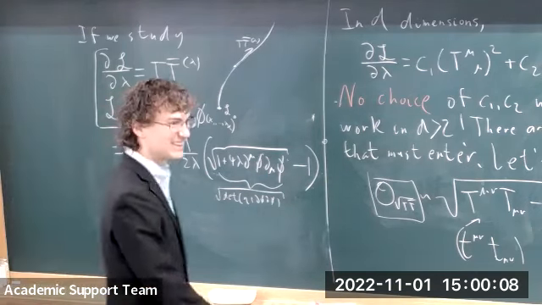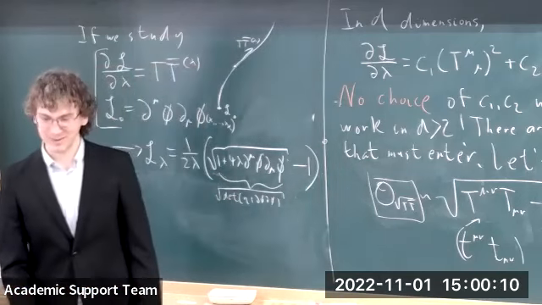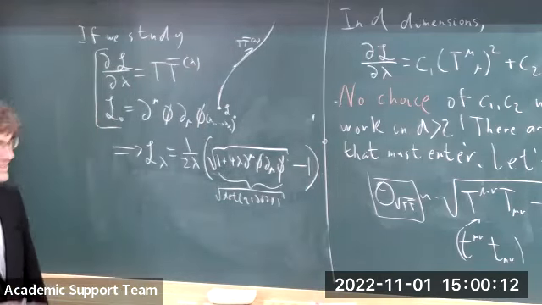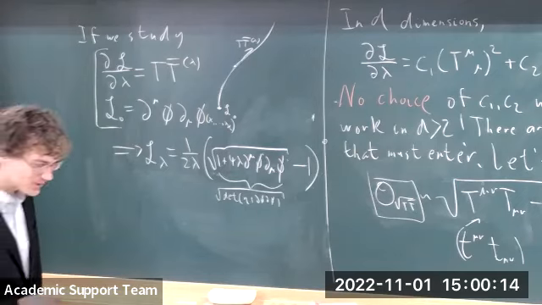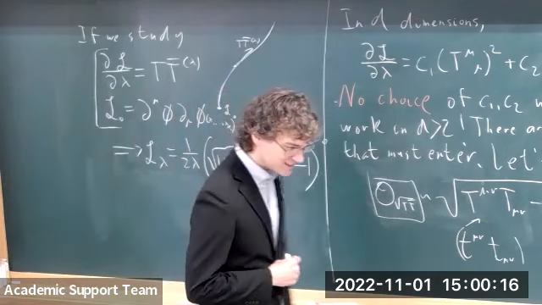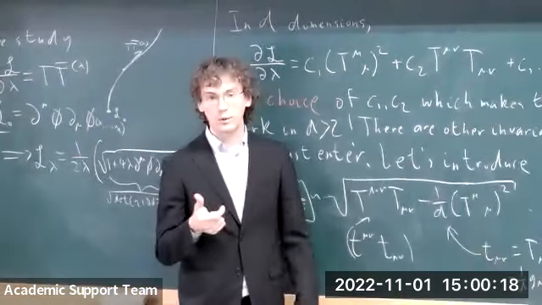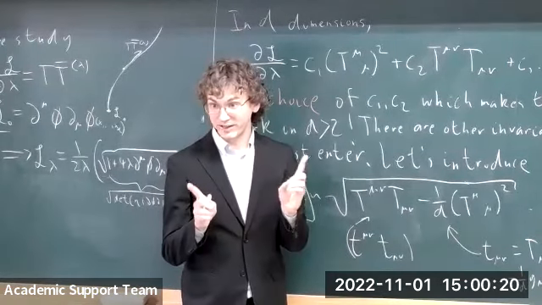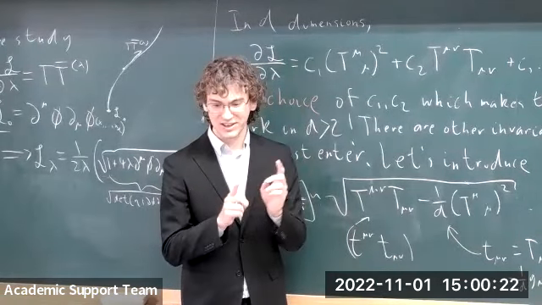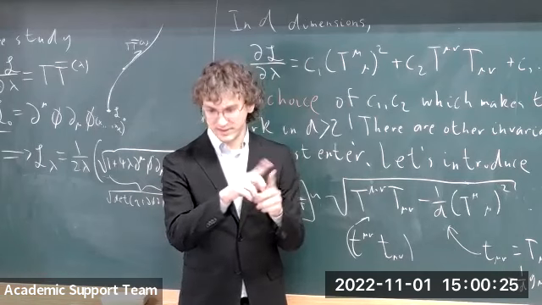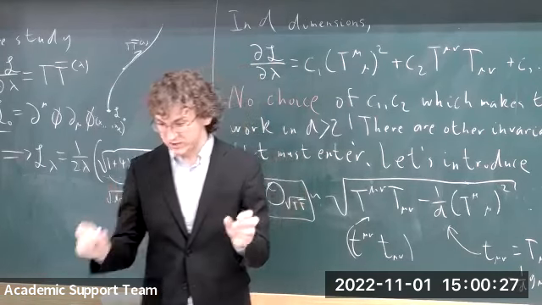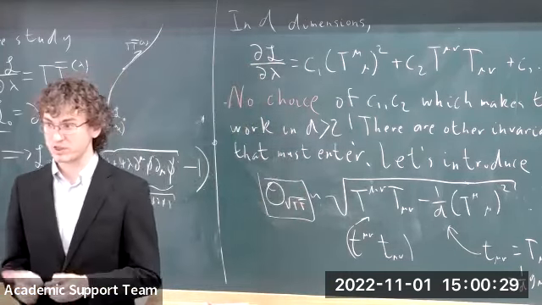I'll preview, if anyone is not sure whether they want to come to the next talk. As Lewis told us yesterday, the regular TT bar deformation in AdS3/CFT2 corresponds to particular mixed boundary conditions. So in the undeformed case, there's Dirichlet boundary conditions for the metric, and in the deformed case, there's a particular combination of the metric and stress tensor, which is held fixed.